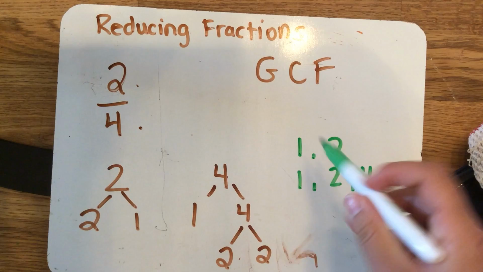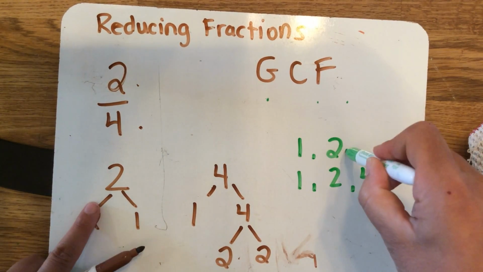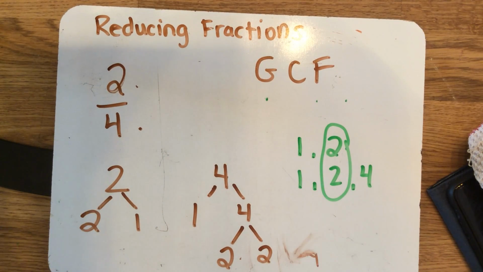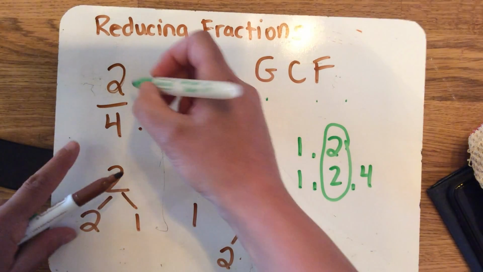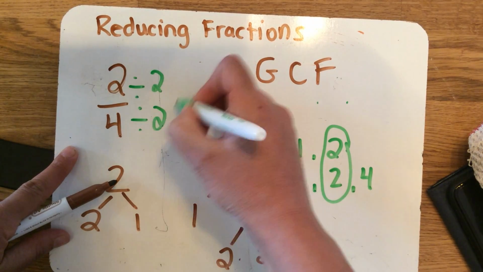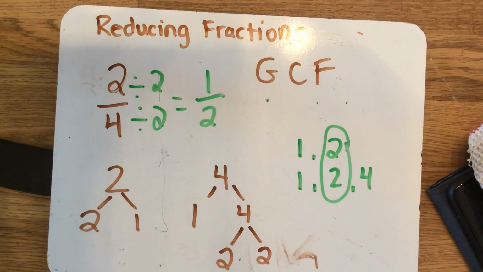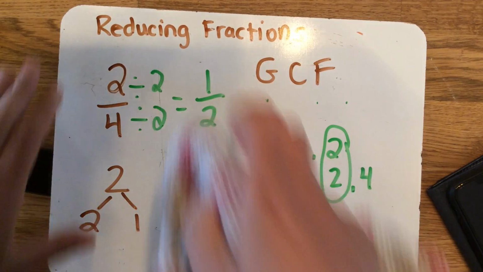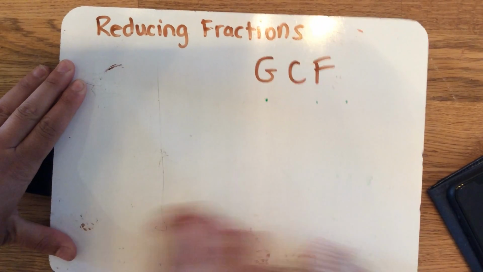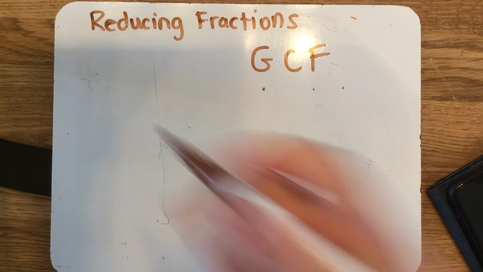Okay, what is the greatest or the biggest common number that you see on that list? 2. That means that I can divide both of these numbers by 2. And just like math magic, I have simplified my fraction or reduced it. Okay, let's try again with a slightly trickier set of numbers. Okay, what if I said, let's simplify